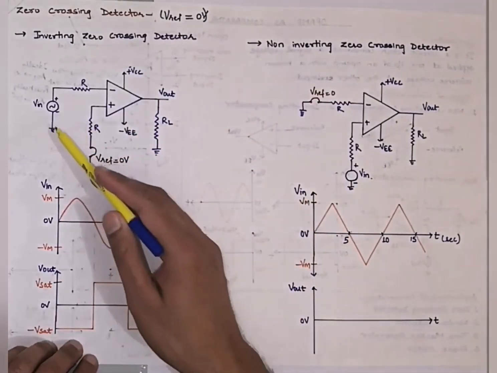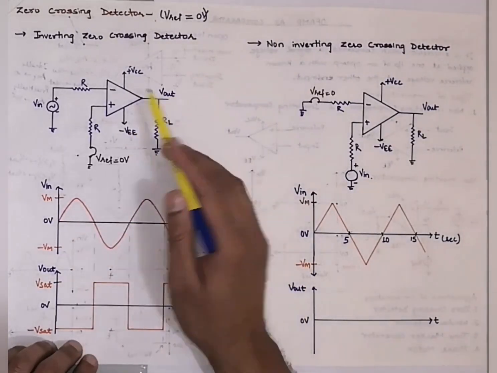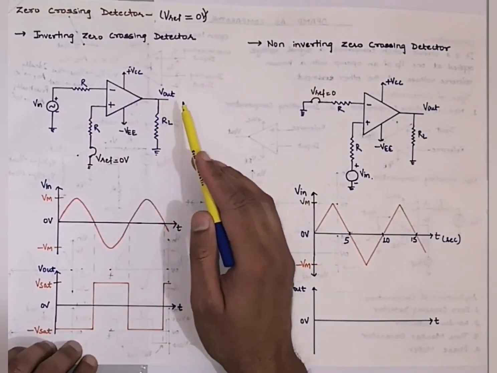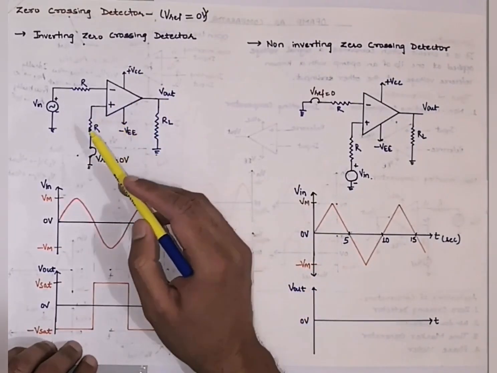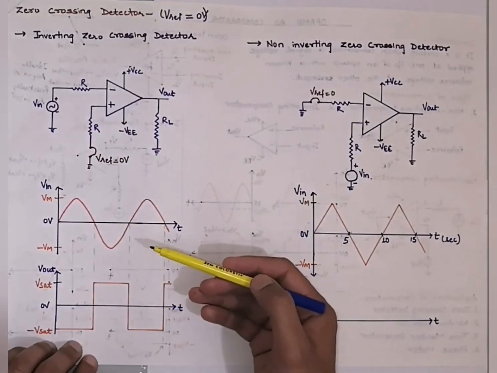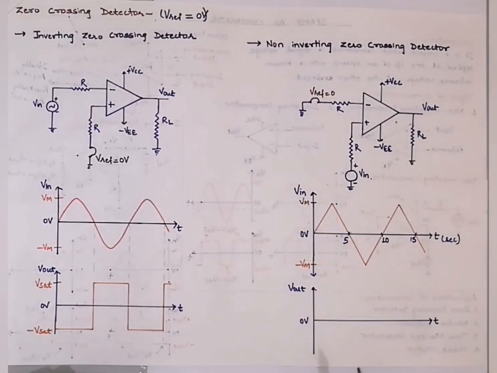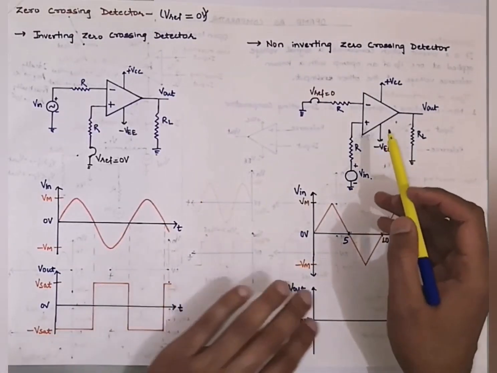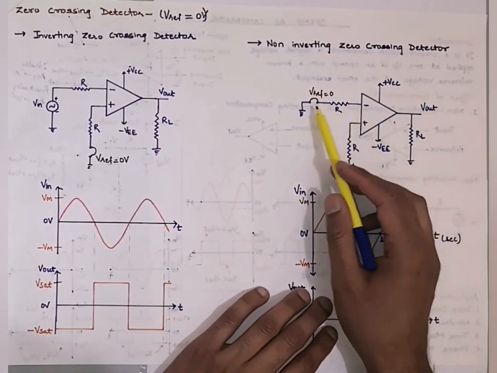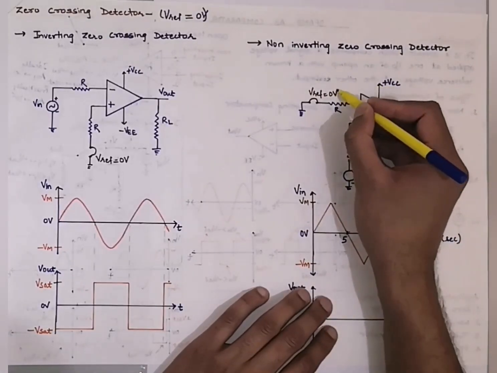So whenever my input signal is crossing this 0 mark, if the input is connected at the inverting terminal, then the output must be taken to minus V saturation, and if it is less than this 0 volt level, then it must be taken towards plus V saturation. Similarly for the non-inverting zero crossing detector, we will have my input signal at the non-inverting terminal and my inverting terminal will be connected to 0 volt, or reference has been set to 0 volts.